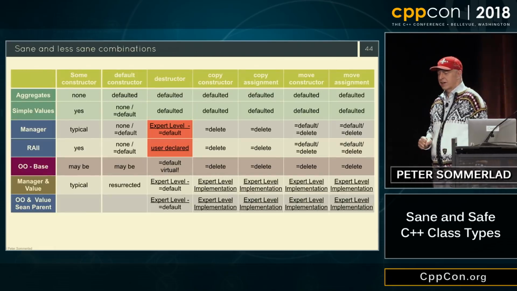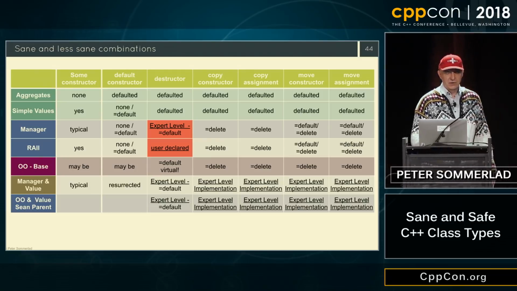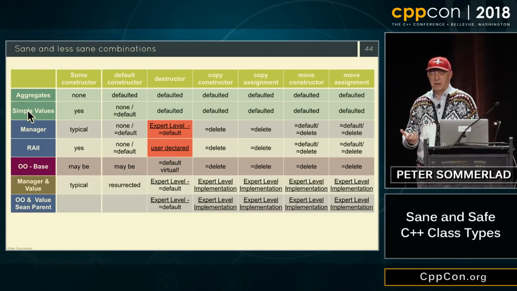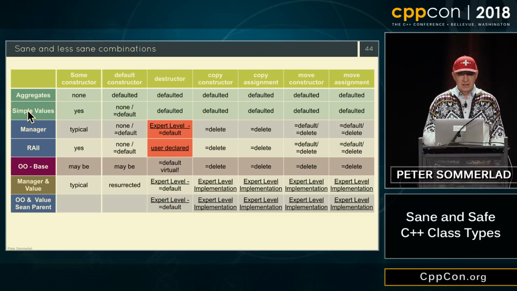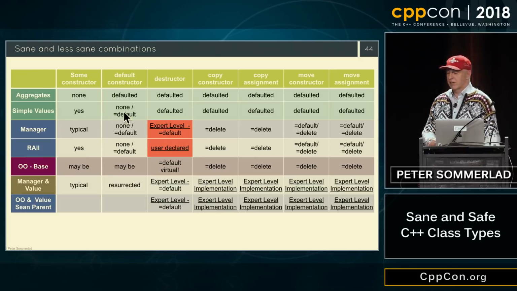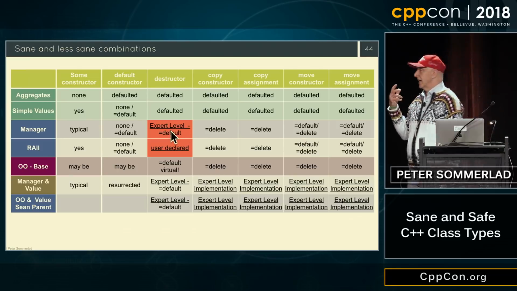So, what are sane combinations of special member functions? The first two things are the green ones, aggregates and value types. Aggregates by definition are value types, unless you have an interesting member in the aggregate. Everything is defaulted, and maybe in the default constructor you have none because you have a class invariant, but that's good. You have manager classes that are not copyable, often not movable. Sometimes you might want to move them, but then you spell it out. You have usually an expert level